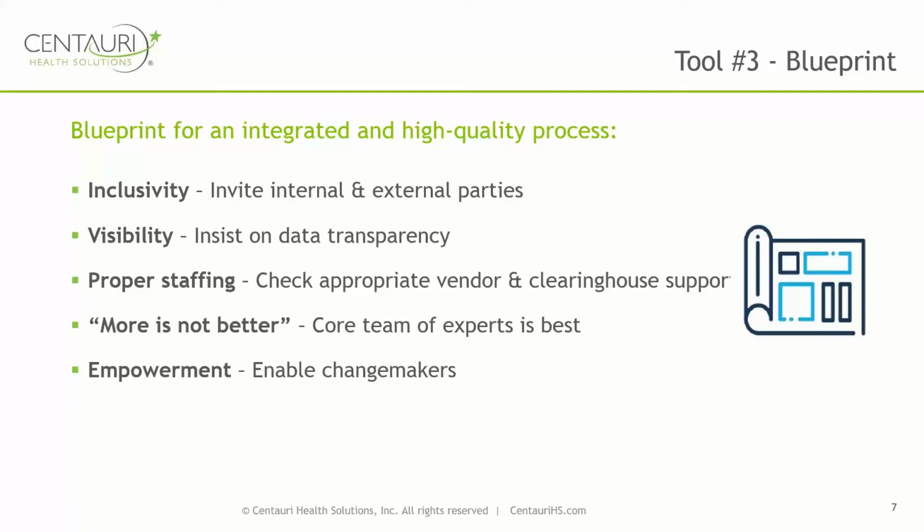A good first step is to insist upon reports on data quality and quantity at least weekly, and compare those reports with what CMS accepts and rejects in order to realign edits and close gaps, as we discussed earlier. Another common challenge I hear is that vendors and clearinghouses have long change control processes, so ensure that they are resourced appropriately and can properly support your needs for addressing gaps in completeness and accuracy. Likewise, you must ensure that you have the correct internal resources, such as subject matter experts, to effectively engage and partner with these external resources.